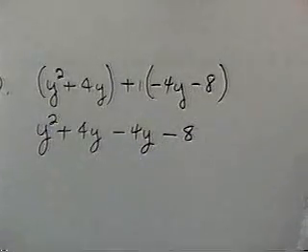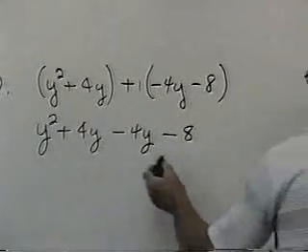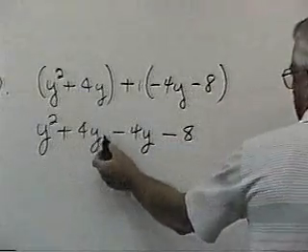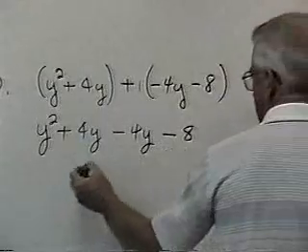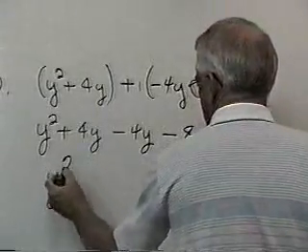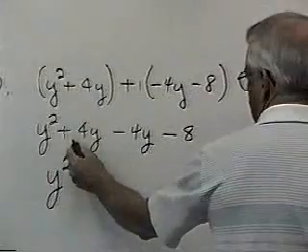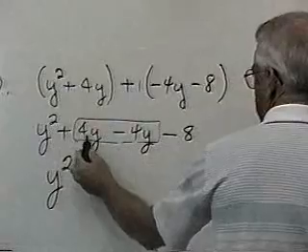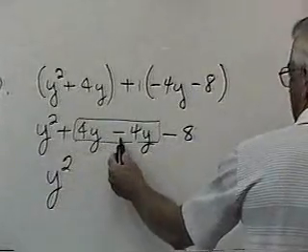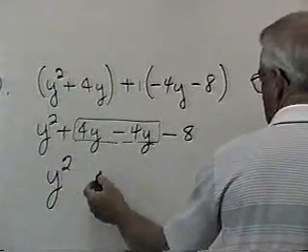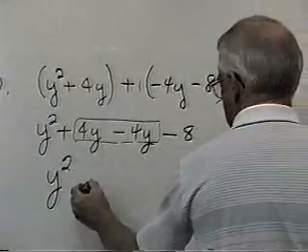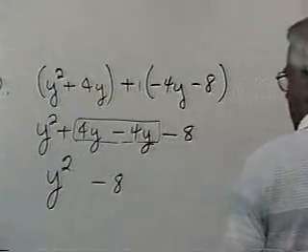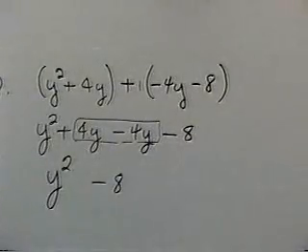Now, we add apples to apples, oranges to oranges, and so on. We have a y squared. Do we have any other y squared in the problem? No. Therefore, we just write that down. Then we have a 4y. Do we have any other y's in the problem? Yeah, we're going to add those. So what is a plus 4y and a minus 4y added? That's 0. And then we have a minus 8 left. All right, adding apples to apples, oranges to oranges, pears to pears. All right, let's look at the next